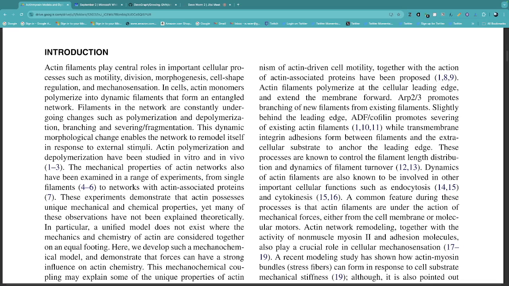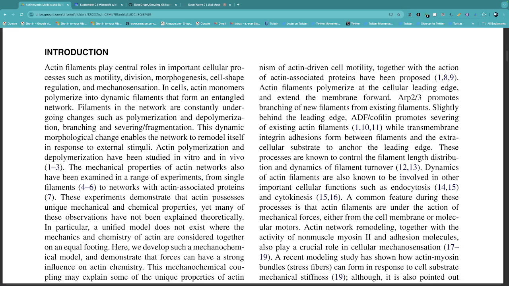Mechanical properties of actin networks also have been examined in a range of experiments, from single filaments, references 4 to 6, to networks of actin-associated proteins, reference 7. So those are in the references. These experiments demonstrate that actin possesses unique mechanical and chemical properties, yet many of these observations have not been explained